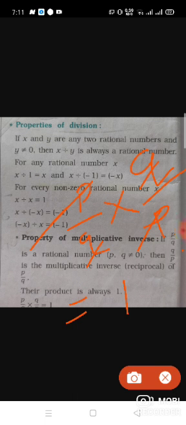So today in this video we learned about the properties of subtraction, properties of multiplication, and properties of division. Okay, and in the next video we will see exercise 1.1. Up to that you can revise all these properties, because this lesson is based only on the properties. Okay friends, thank you, have a good day.